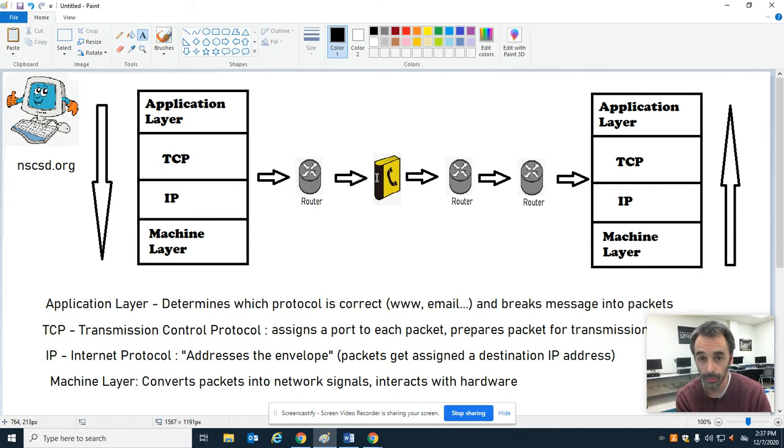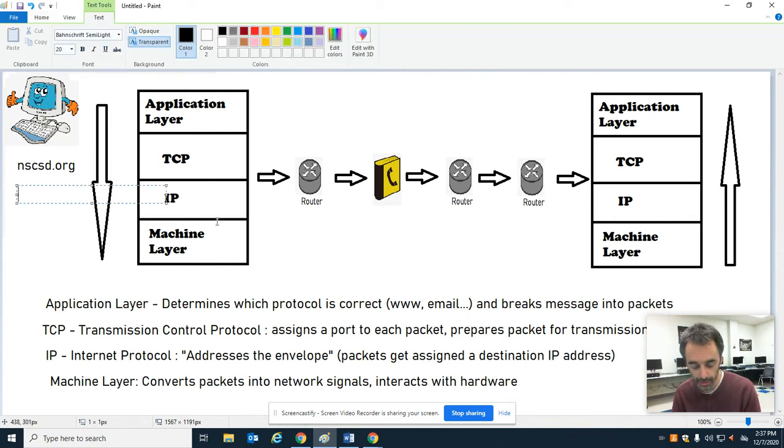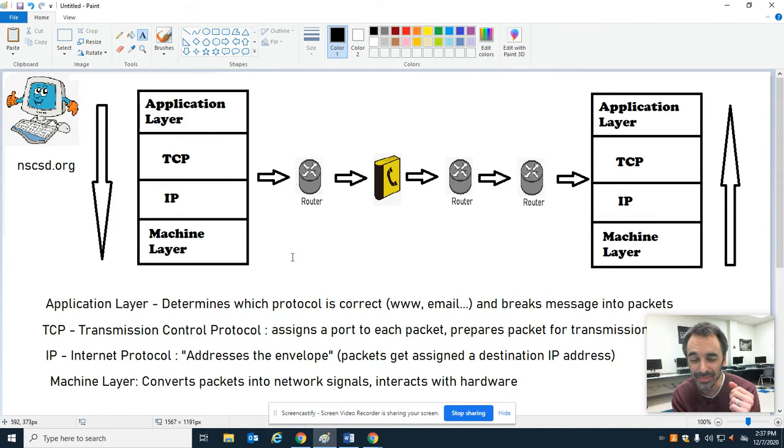The DNS's job is to take a URL like nscsd.org and turn it into a numeric IP address. And so nscsd.org, the numeric IP address for it is not pasting. I actually did look this up, but it's a bunch of numbers, dot, a bunch of numbers, dot, a bunch of numbers, dot, a bunch of numbers. And that makes it easier to transmit. You know, computer systems handle numbers better than they handle letters, so the addresses are usually all numeric. Anyway, after it gets assigned a numeric IP address, it goes through a router, then it goes through another router,